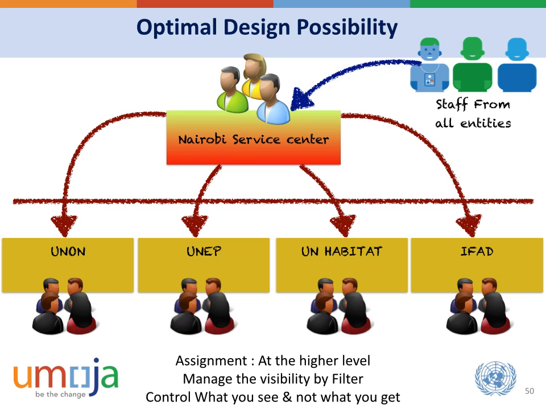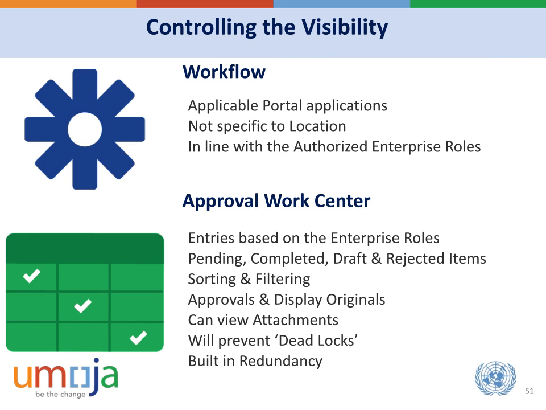The optimal design is derived based on a couple of components. One is controlling the visibility. The controlling of visibility happens with workflow and approval work center. A workflow is a process where the document moves from the request to some kind of an approval functionality, and